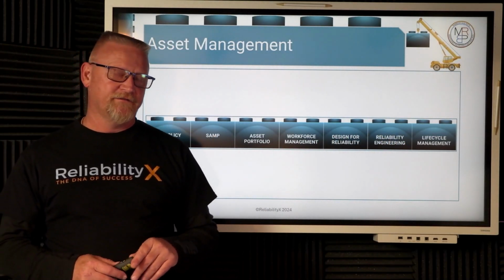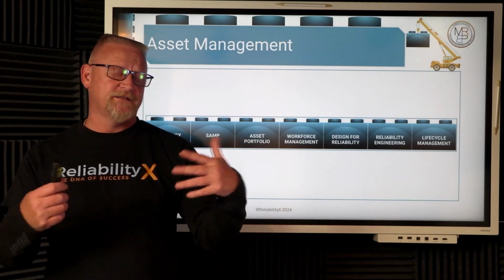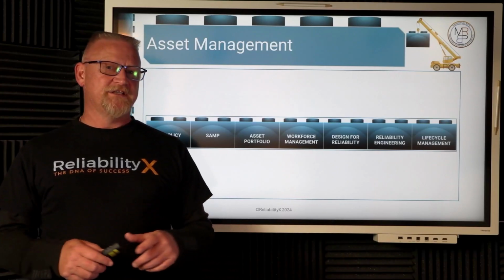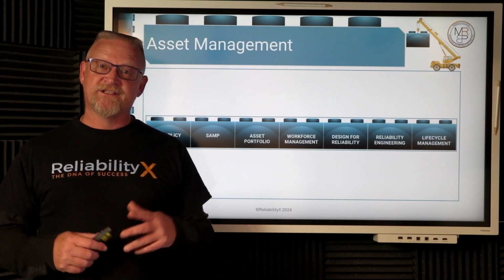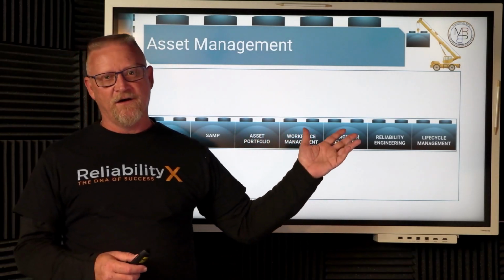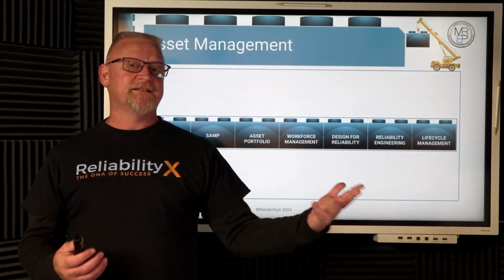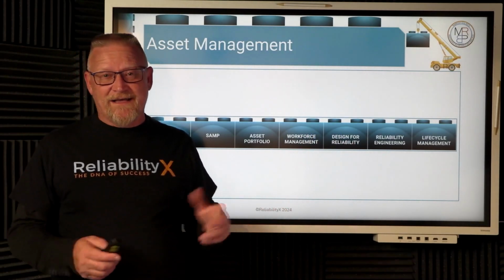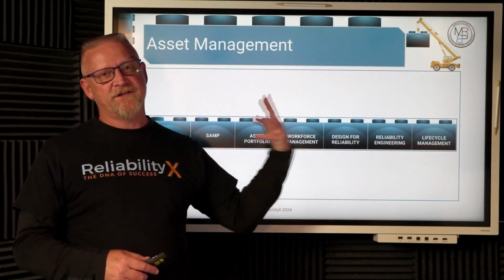So everything from cradle to grave or lust to dust, depending on how you define that. How do we manage the asset throughout its life cycle? Its strategy may change. Sometimes we have product lines where the demand begins to diminish. And if the demand begins to diminish, it's not a critical asset anymore. And so that strategy all has to change.